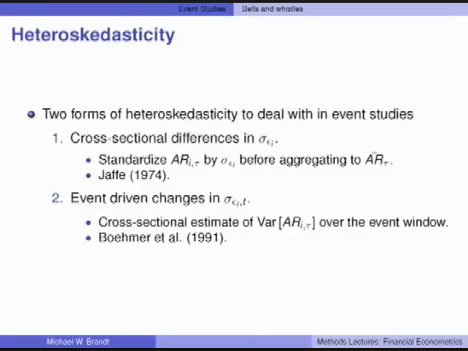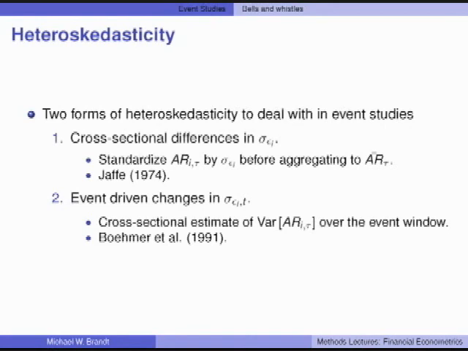Right here, when we take the average over the individual asset-specific variances. So we're not just saying, well, this is 1 over n squared times some common variance, but we're actually allowing each asset to have its individual asset-specific residual variance. So that's fairly easy to account for, and it's common practice to standardize the abnormal returns by residual variances before